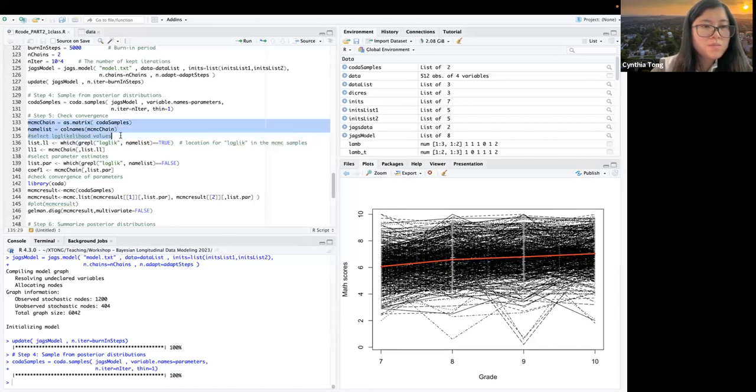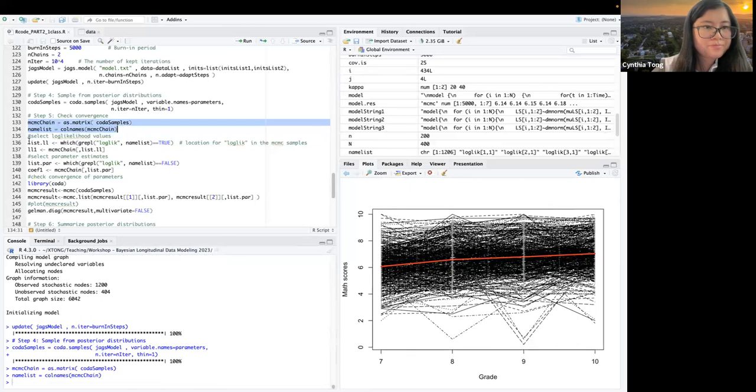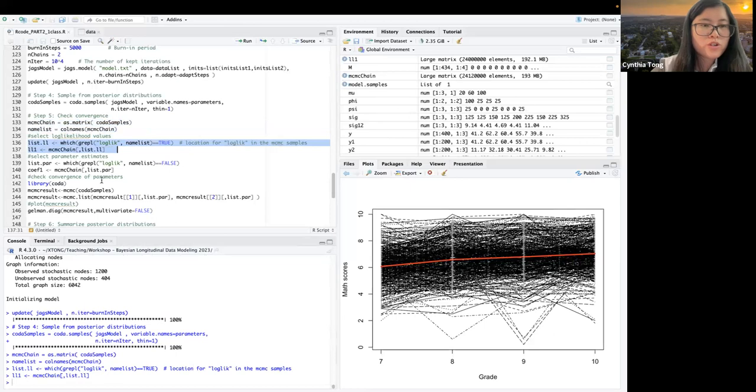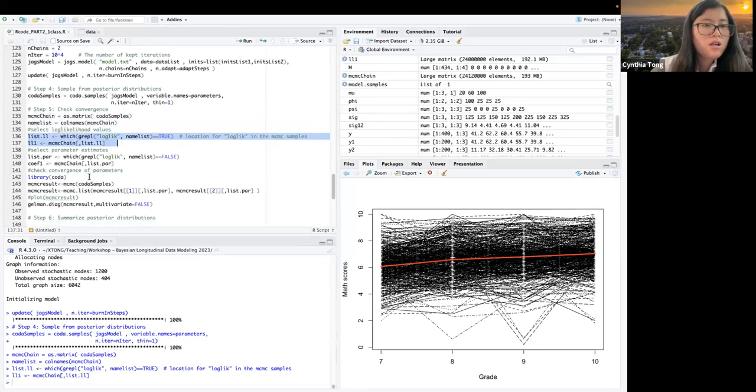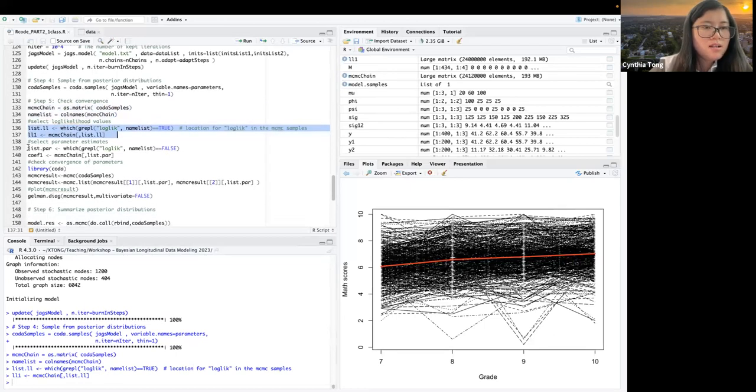And we also need to select the likelihood values, so save the log likelihood values for future use in the loo package. And then we select model parameter values and save that to coefficient 1.